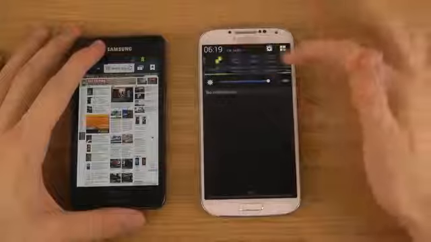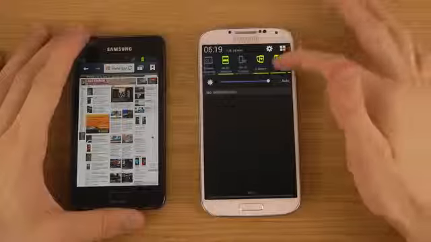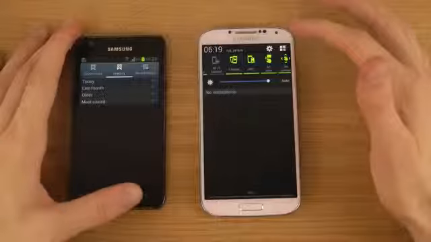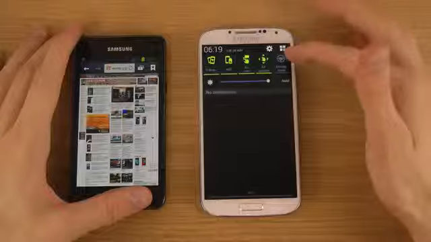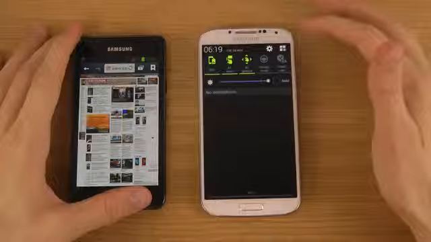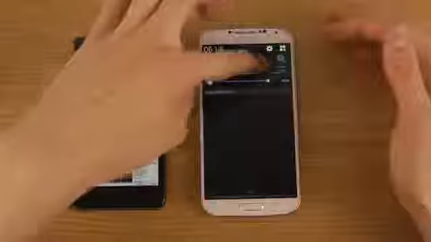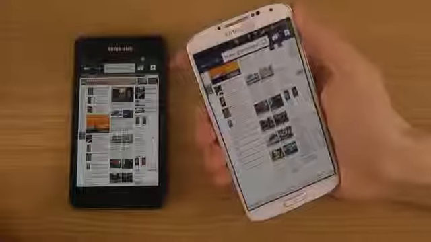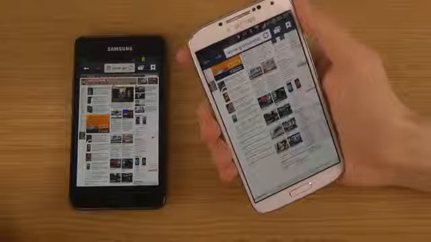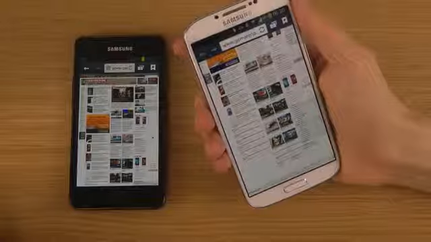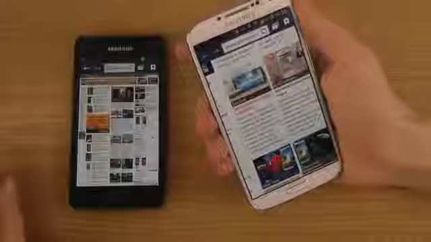Let's see here, also some of the other smart features that I might have been forgetting. So I did check out Air View, Air Gesture, which I also checked out, and Smart Scroll, where you can scroll just by looking at your phone and tilting where you look at the screen up and down. So I will just look at the screen right now for a few seconds, and then when it goes green, first of course we need to zoom in, and then I'm just gonna wait a little bit